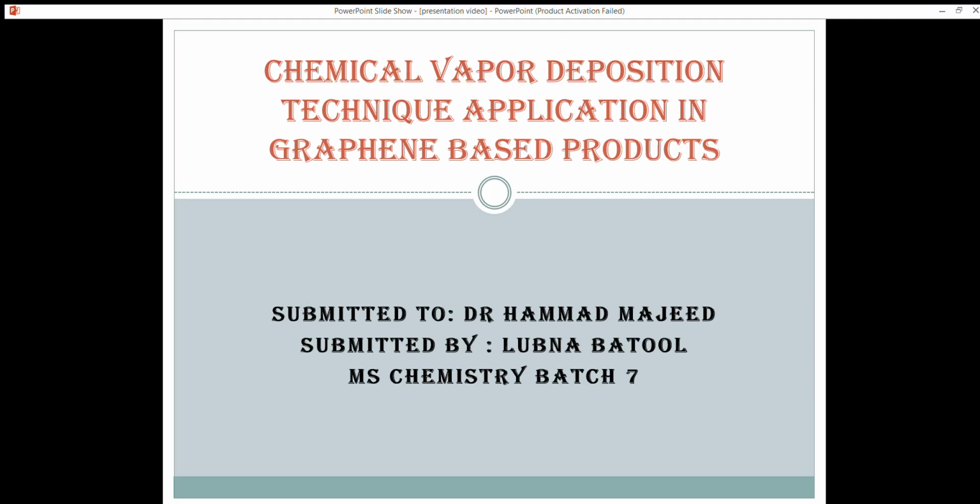Then we will discuss how we can prepare a functionalized graphene and what methods we will use. Then we will see the chemical vapor deposition method, which is mostly used to prepare graphene. And then we will also see the plasma chemical vapor deposition method. And then we will discuss graphene properties and its applications, which we will see in transistors and transparent displays, coating, biomedicine,